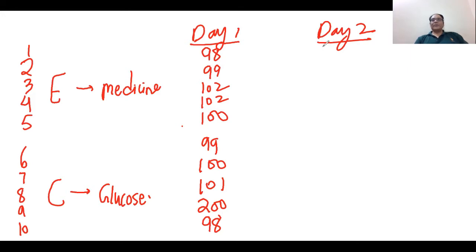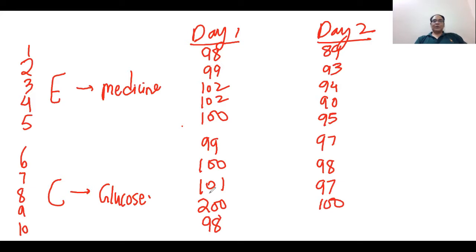So the temperature is, let's say, 89, 93, 94. I don't know what the normal temperature is, but I'm just guessing it. 92, 95. And here the temperature is 98, 98 or 97, 100. That is a bit too much, 200. So 200 is not possible. Let me write it here as 100 and 96. So you can see that I measured the temperature on day 1 and day 2. These are the values which you are getting from the data. These values are available in the data set.